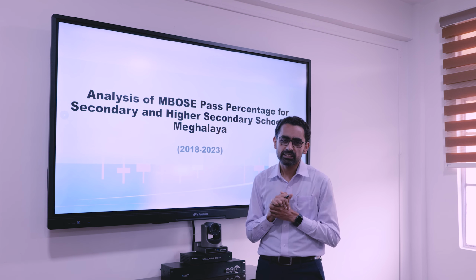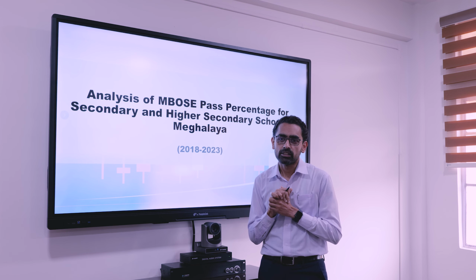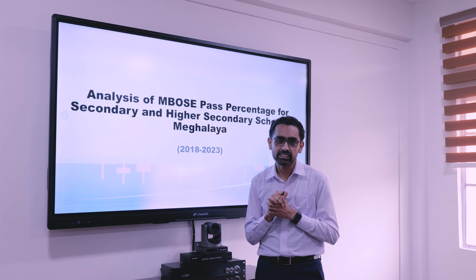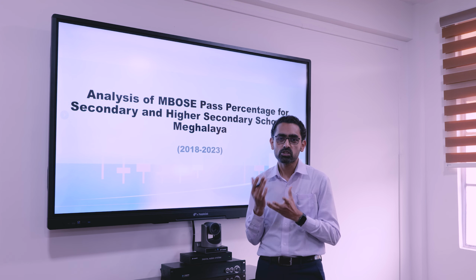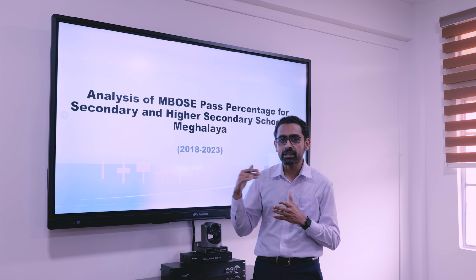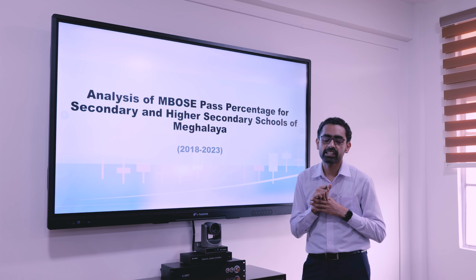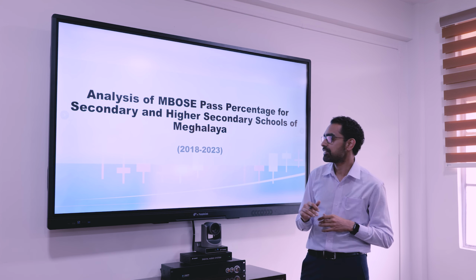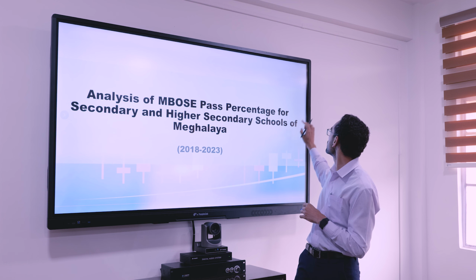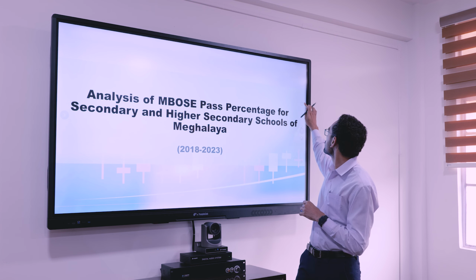Because as compared to various other states, we are not doing very well, and this is one of the reasons why we want to take steps to slowly improve the pass percentage, because that will be the first step. Then there are other factors of improving the standards, mapping it to the other boards, CBSE, ICSE, etc. So this is an analysis based on the SSLC, HSSLC results of this year and the last 5 years. So let's go ahead and see the trend of